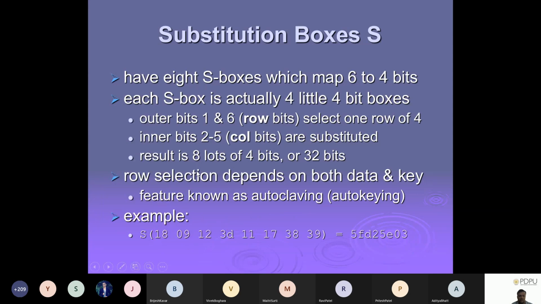So every number here is actually 2 bits for the first number and 4 bits for the second number. This kind of pair is actually 6 bits, right? Let me take one example, and these 6 bits are converted into this 5. Similarly, this 39 will be converted into this 3. That is the magic we have to see, how the S box is going to convert. So now let's try to convert this into binary.